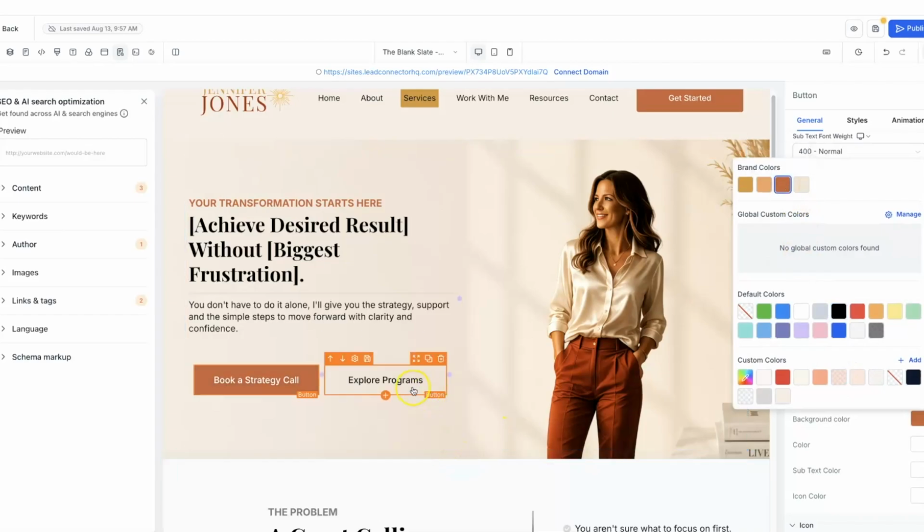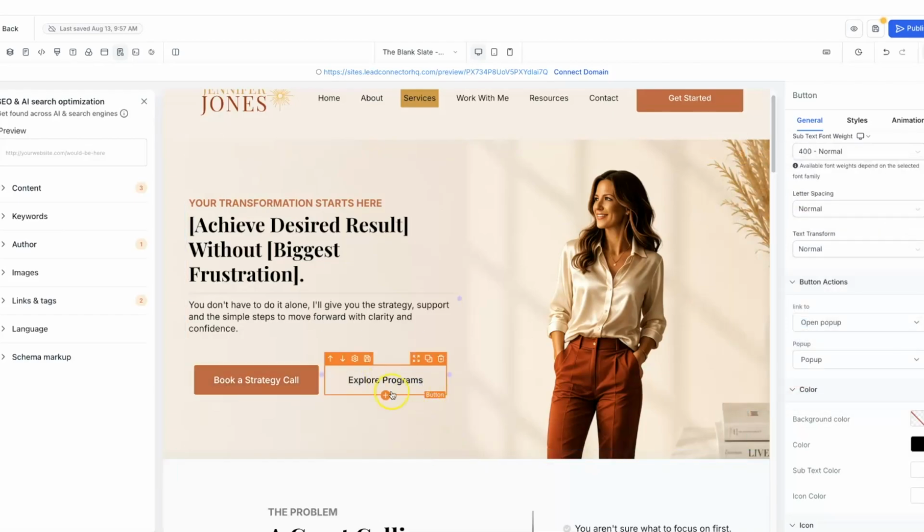Okay, now over here, you can change these buttons. You might have a lead magnet. You might have a coaching program. You might have a different type of offer, but we're just going to go ahead and you can fill those in later. We're going to go ahead and just edit these. So we're going to change the color of the font